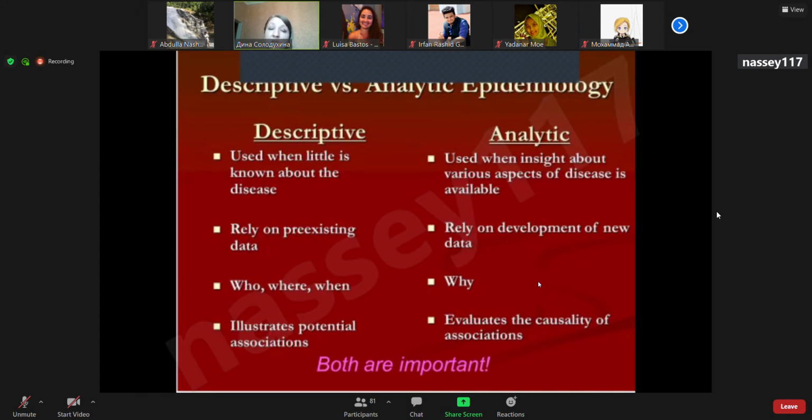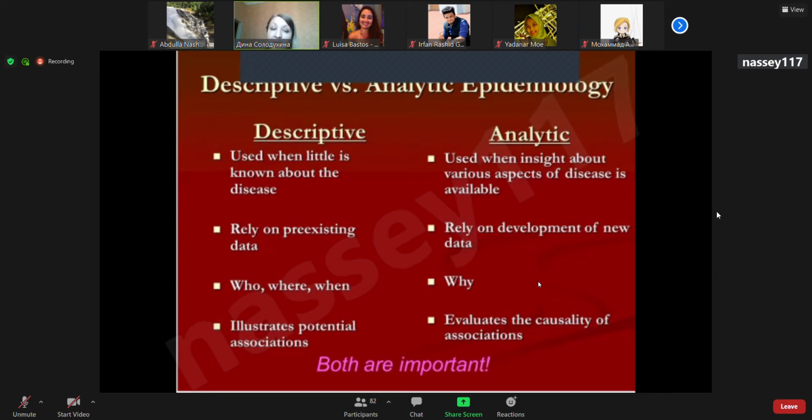Well, descriptive epidemiology is used at the beginning of any epidemiological investigation, while analytic study is more applicable when we already have some information. So the basic difference between descriptive and analytical study is that descriptive study is used when we have little information about the disease, while analytic study is used when we want to learn some details or some maybe specific aspects